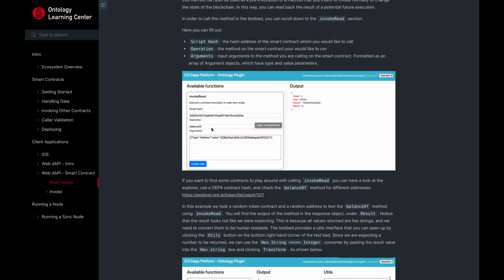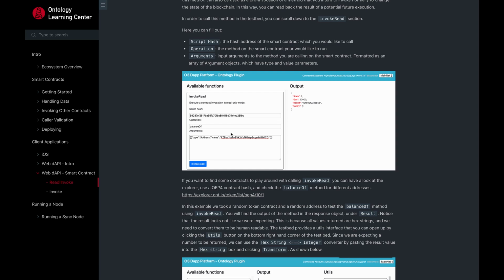What this is going to do is it's going to take one input parameter, and it's going to check simply what is the balance of these tokens for this given address. So here in the arguments, we're going to have an array of objects, and these objects are a standard format where it accepts a type and a value, where the type actually describes what data type is included in the value. For the purpose of the JSON, they're all going to be strings,